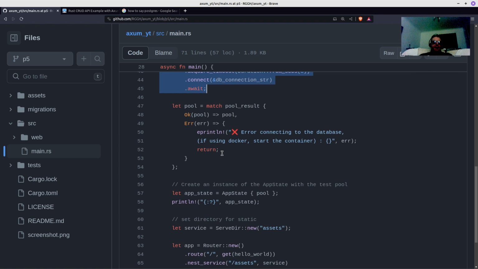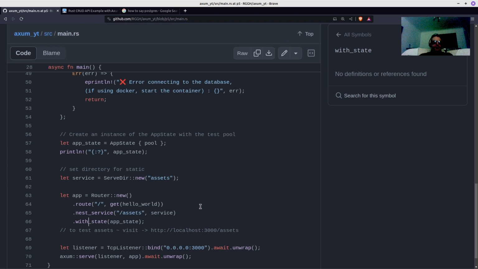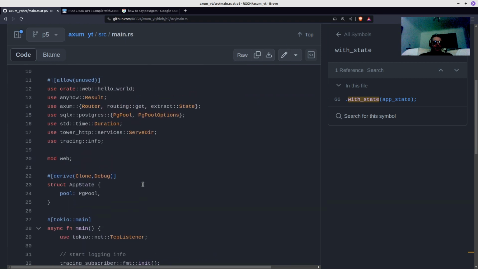How does it get stored by the state? I nearly missed talking about that. So you need to add on, this is the important line 66, with state, and then the app state. And the app state is basically the struct which I created, and that's a struct which gets referenced in the paragraph that I read where it said